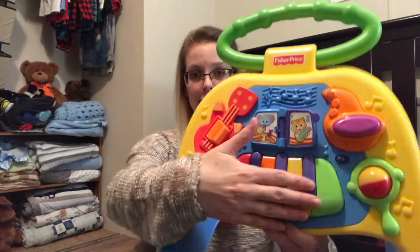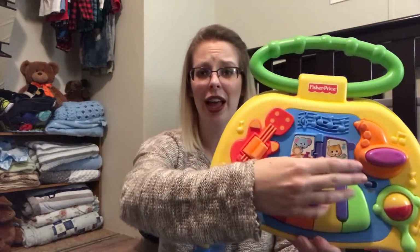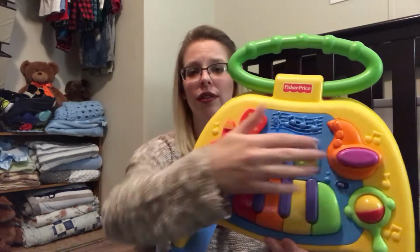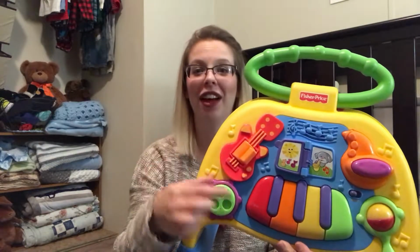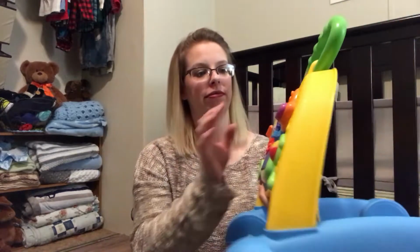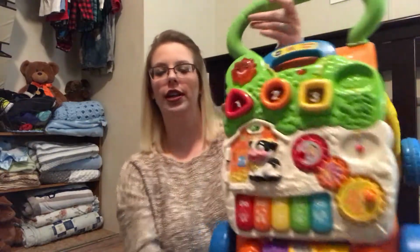So it's got the piano, it's got a book that he will just sit and move back and forth. It's got the rattle. I did not realize it was on. It'll do that. It's got a guitar. And this doesn't do anything, but you can just play around with it. Okay, we're good. So there's the Fisher-Price walker, and then the VTech Learning walker, like I said, is a little